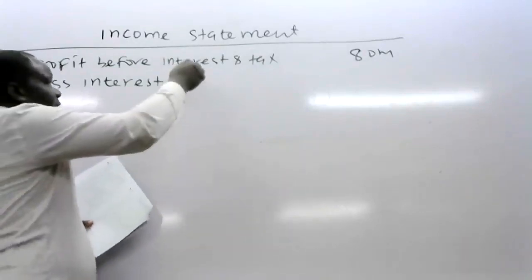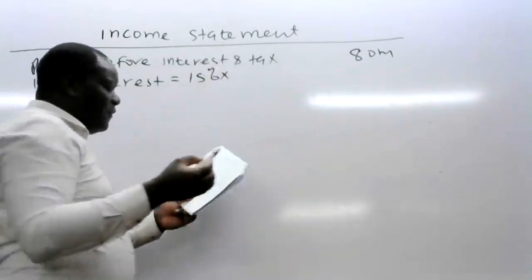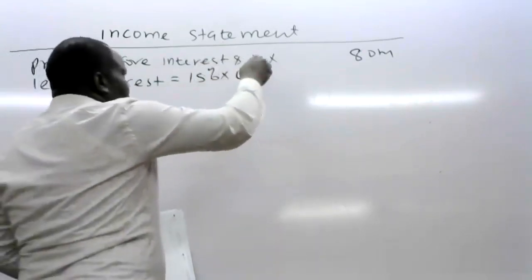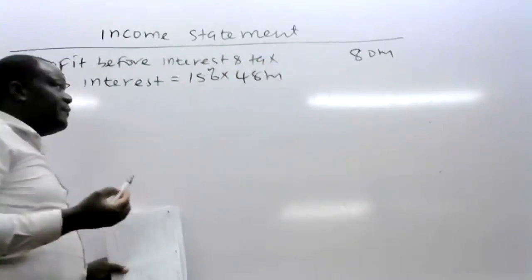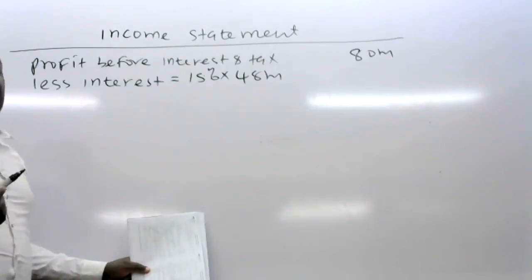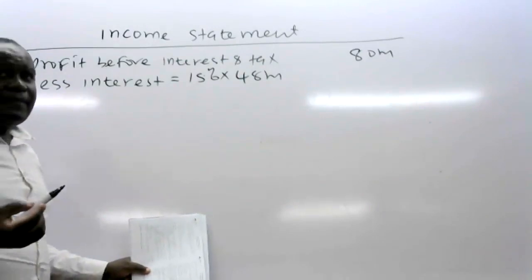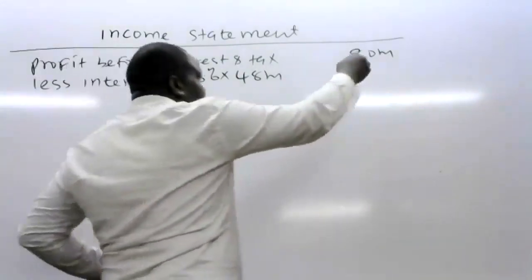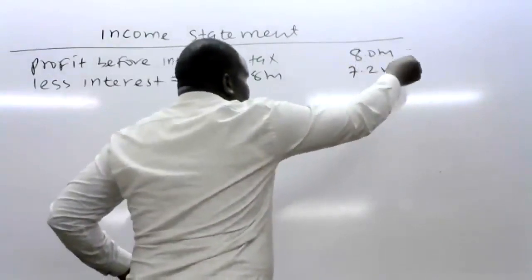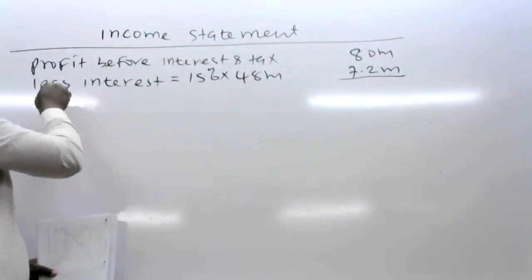So we get 15% of the 48 millions, which is 7.2. So you subtract the 7.2 millions so that we get the earnings